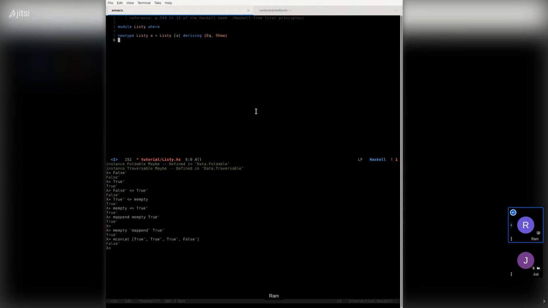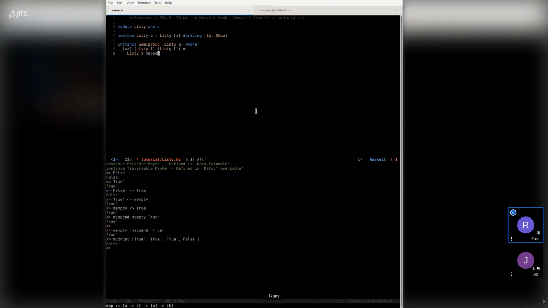In here we define an instance of Semigroup for this Listy, where our associative operation for one and the other is nothing more than the two lists getting concatenated.